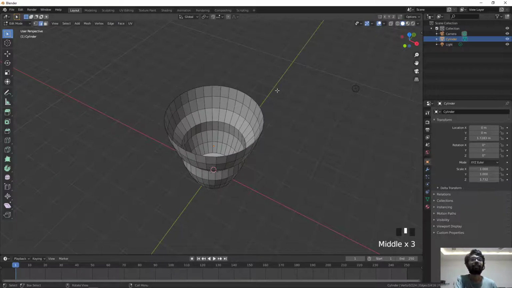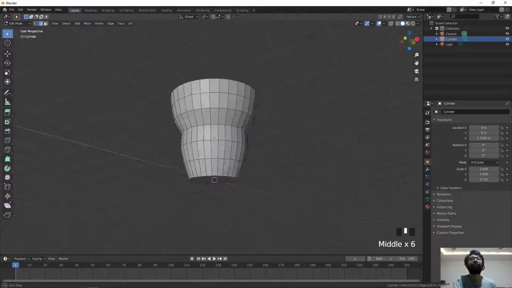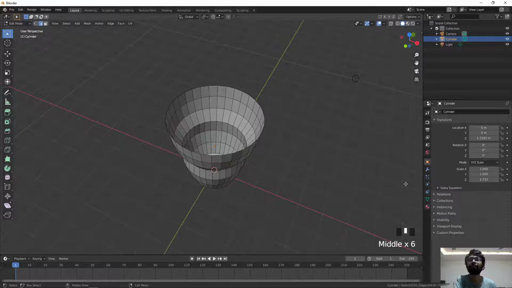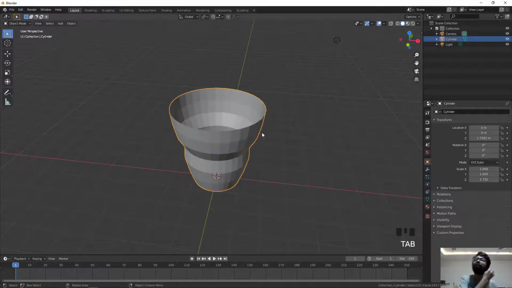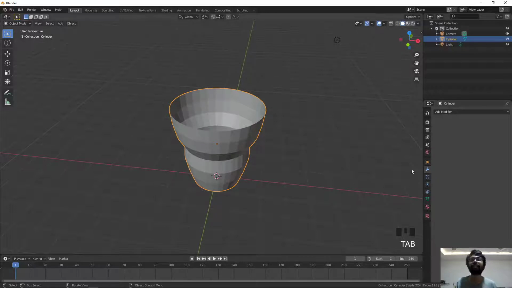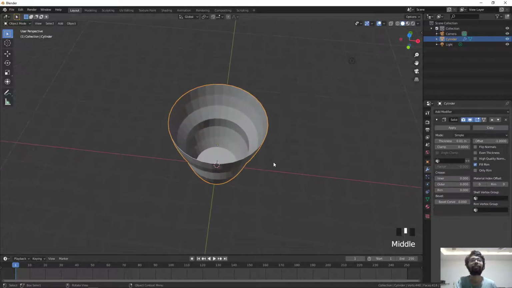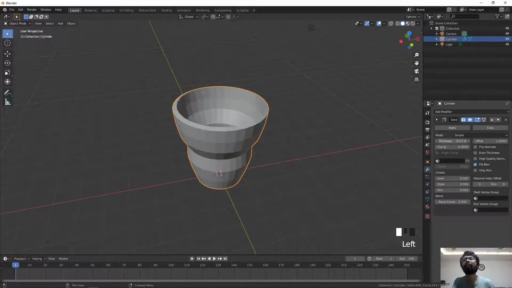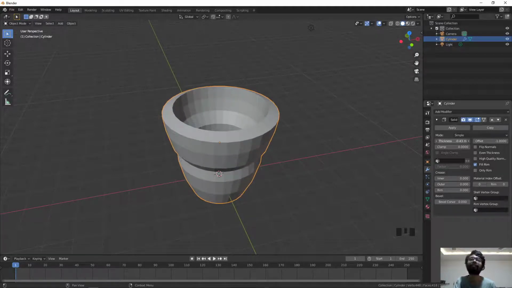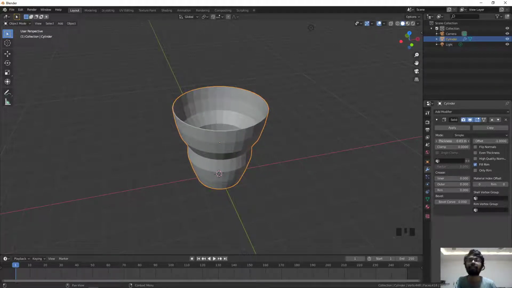Now our glass is too thin, so we'll have to make it thicker. To do this, we'll go to object mode again, and we'll add a modifier to our glass. Select our glass, go to the wrench, this is the wrench one, add modifier, and add a Solidify modifier. This will add thickness to our glass, and you can adjust thickness from here. If you go to positive thickness, it will add thickness inwards. If you go to negative thickness, it will add thickness outwards. So I will add thickness inwards just a little bit.